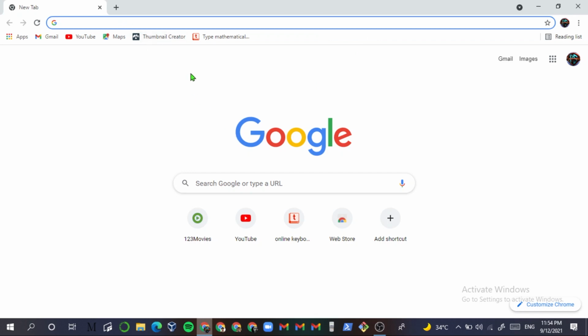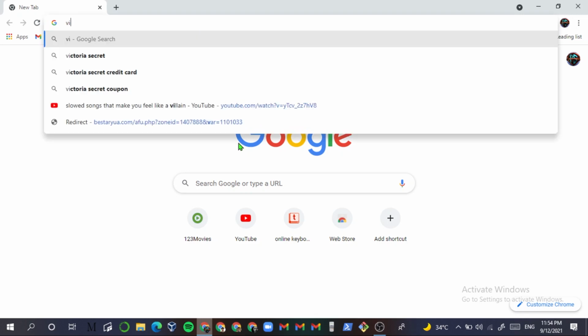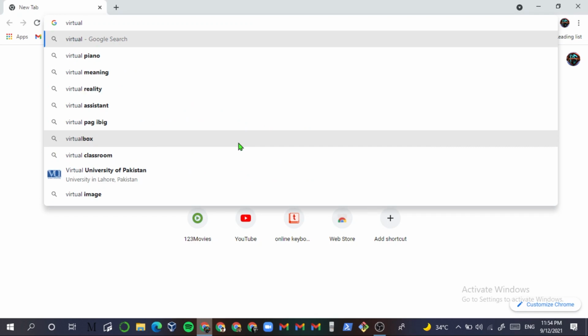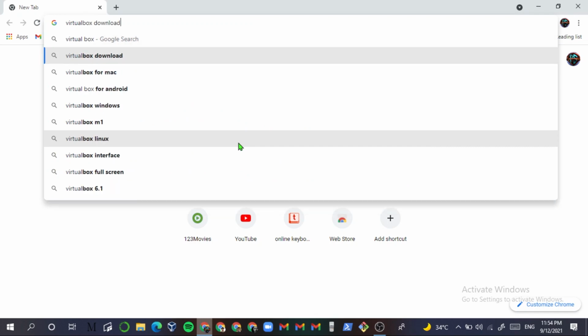So to download, first download VirtualBox. By the way, I'll leave all the links in the description. You can check them out or just go on with me. Okay, VirtualBox